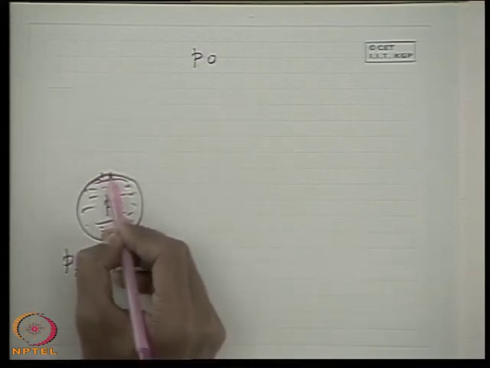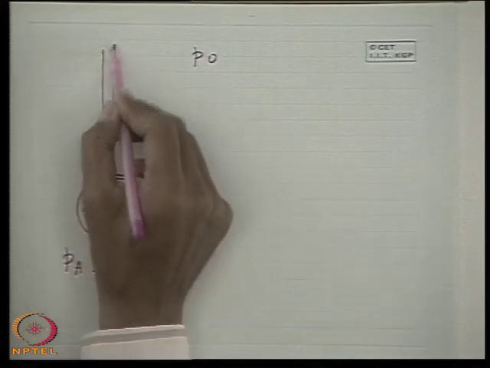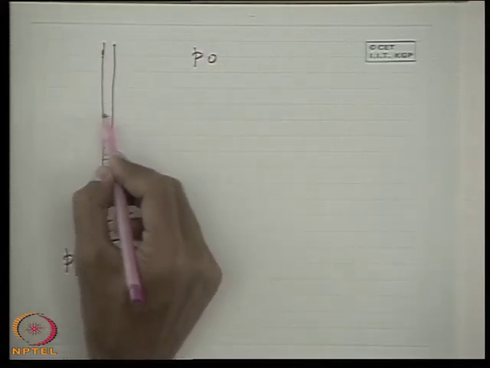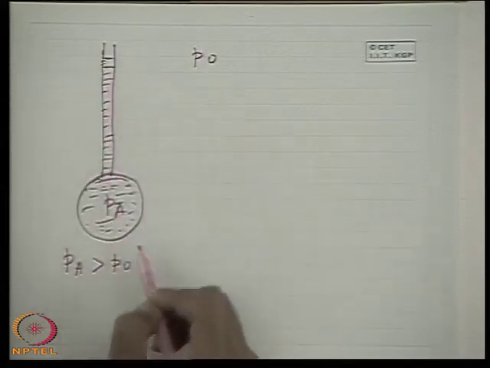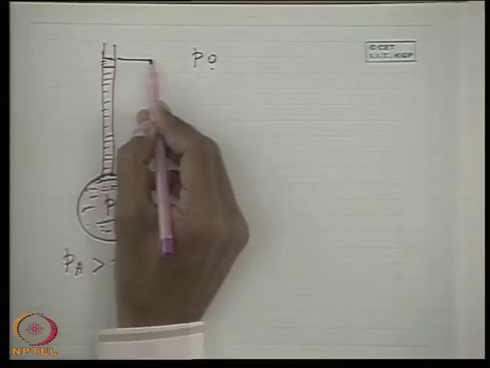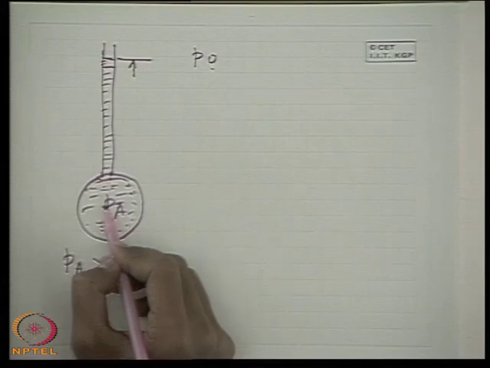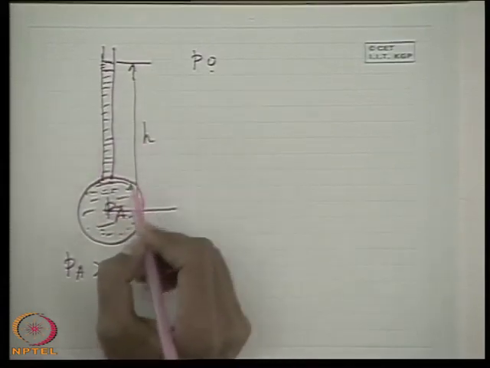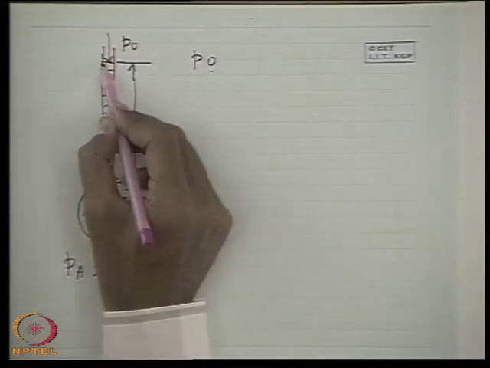So what happens if you open the system and attach a long vertical tube, open at the other end? Because of this high pressure, the liquid will go up and stand to a certain height depending upon the value of PA relative to P0. If I measure this height H from the center, where the pressure is P0, the ambient pressure impressed on this free surface,